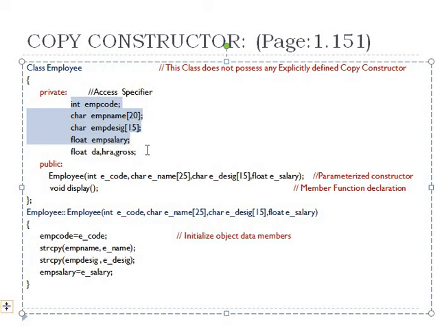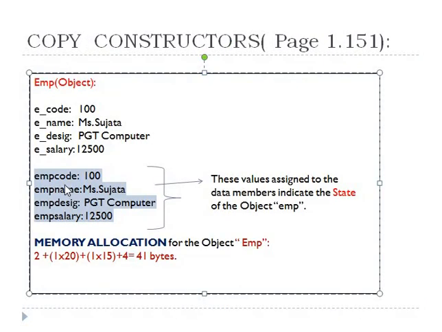So in total it has to be 53 bytes. But why is it not 53 bytes? Can you guess? This is because only these 4 data members, that is EMP code, EMP name, DESIG and